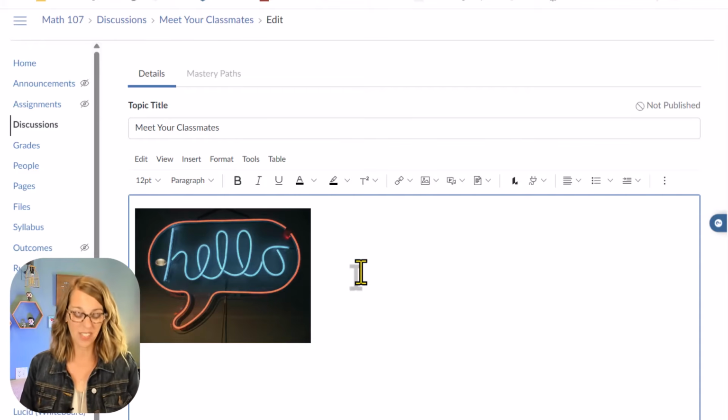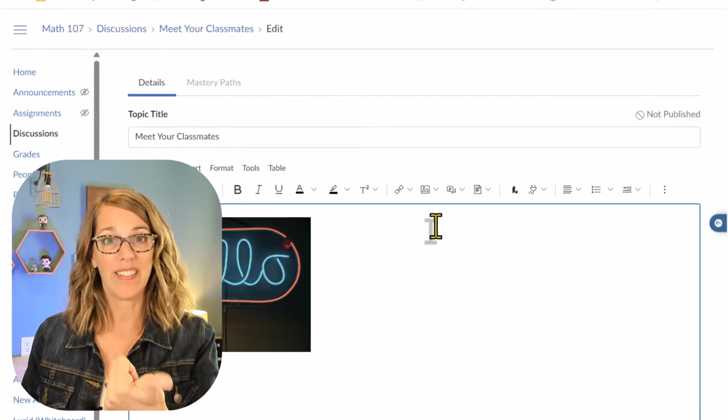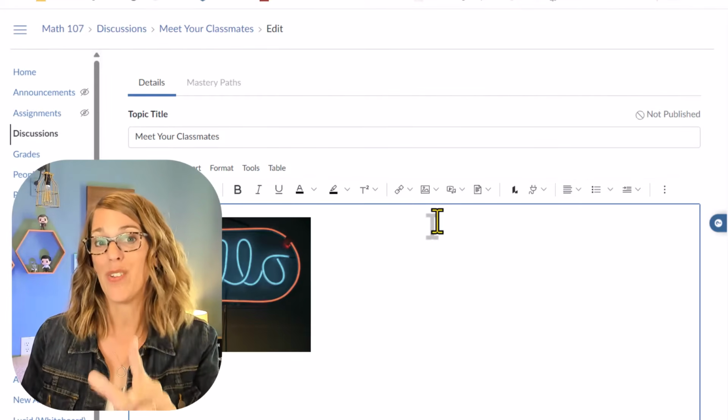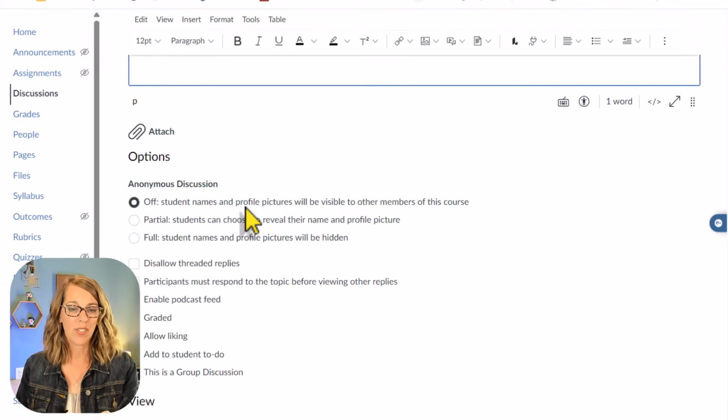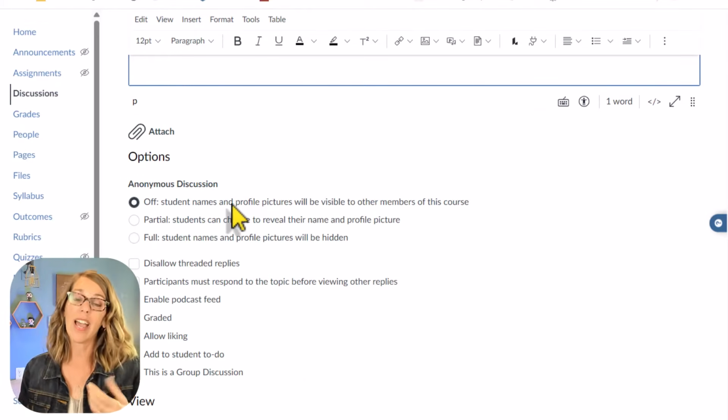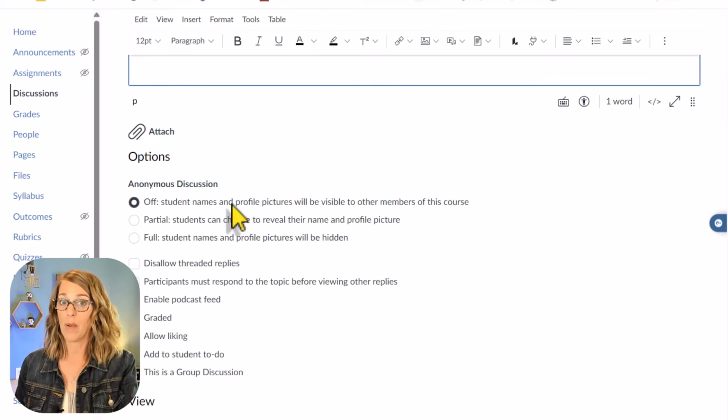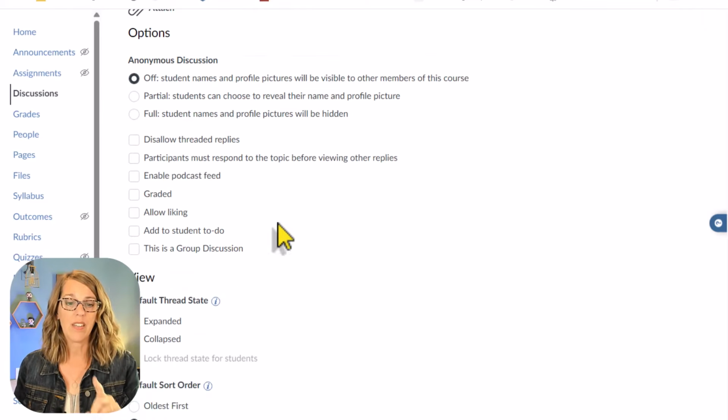You can also center this, of course, and then you're going to have your instructions for your students there. Now we do want this to be graded, and we do want to have a due date for this. So as I scroll down, I'm going to look for those options. First of all, underneath anonymous discussion, I leave that off, but you've got lots of great options there. And then in the checkboxes, I don't really use much of those, but I do want this to be a